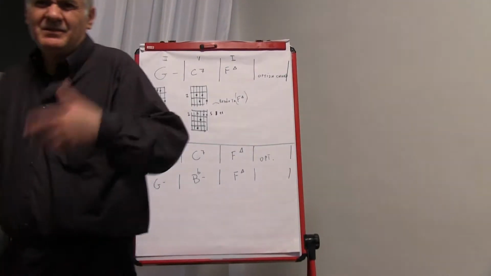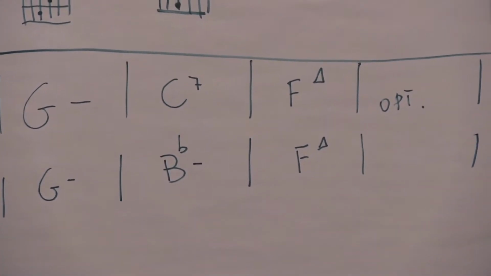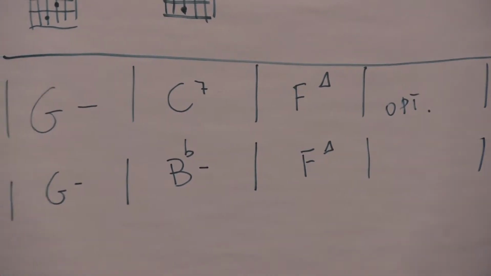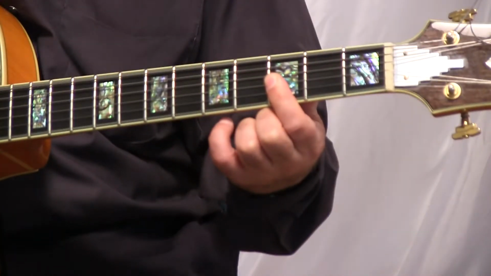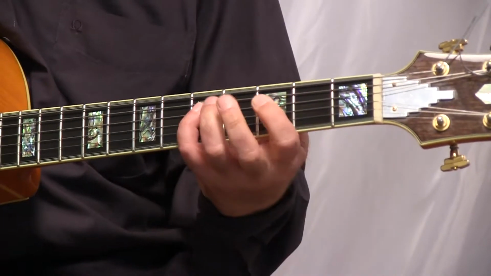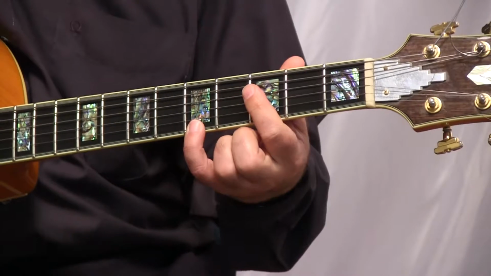And it's very easy. If I show you, you have G minor, and you make the same phrases,